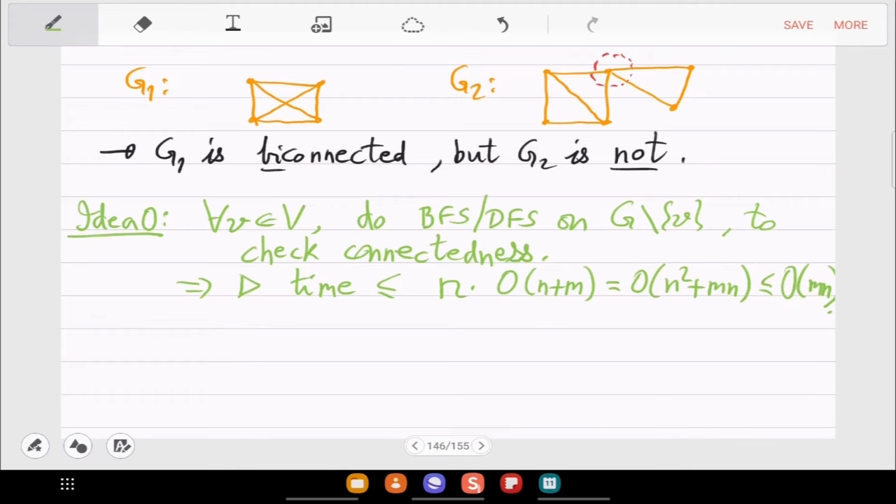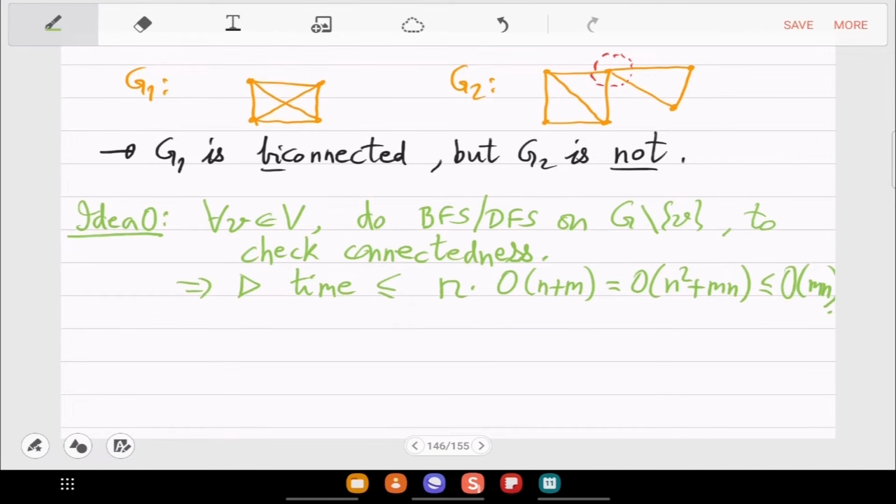M can be much bigger than n. Right? So this is quadratic, but in n it can even be cubic. M can be n squared, so this can be n cubed. Right? So this is not a good algorithm at all, especially for a social media kind of network. You simply cannot afford n squared or m times n, because you have then again the problem of 7 million square.